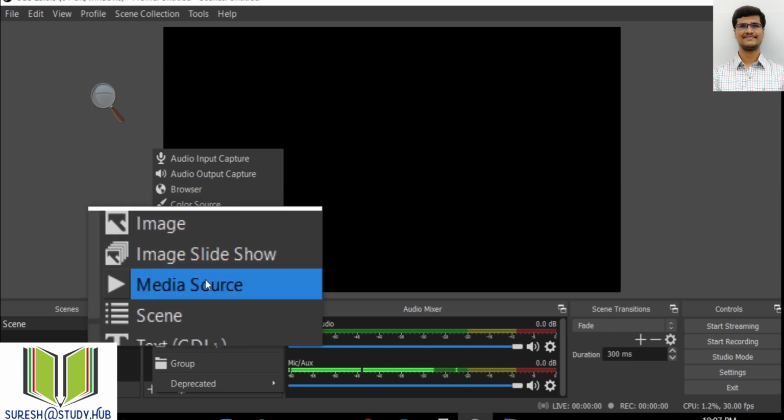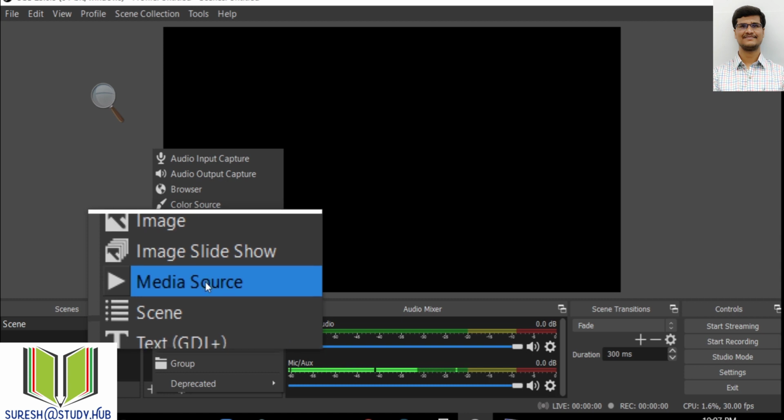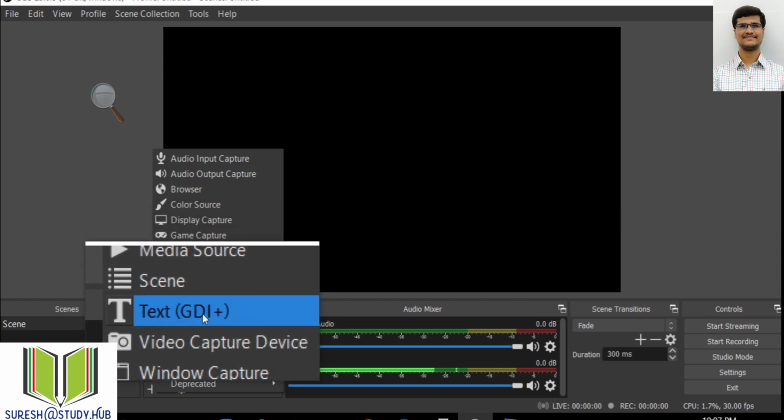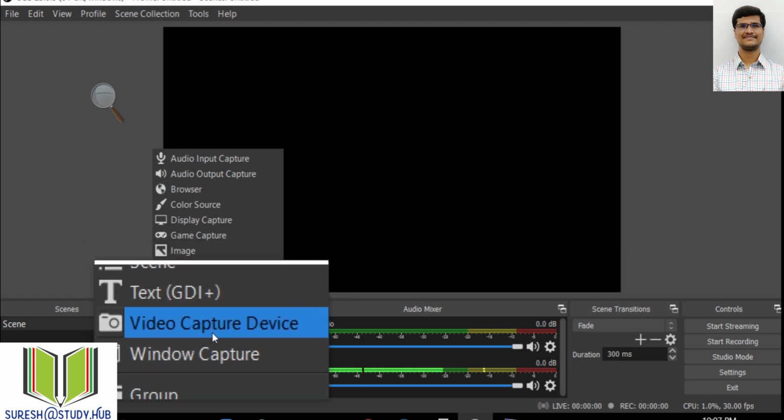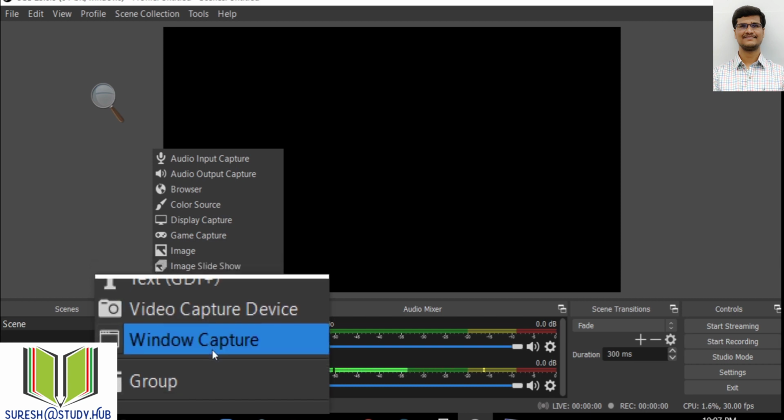Whenever I want to play some video file or audio file, I will use this media source. Whenever I want to add some text, I will use this text source. Whenever I want to capture my face using a webcam or any external webcam, I will use this video capture device. Window capture is mainly used to capture a particular window.